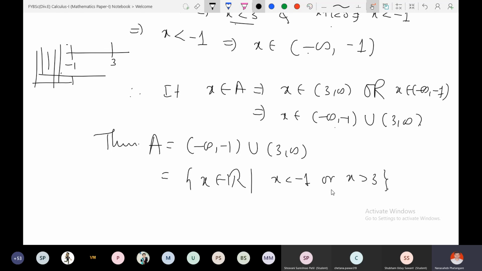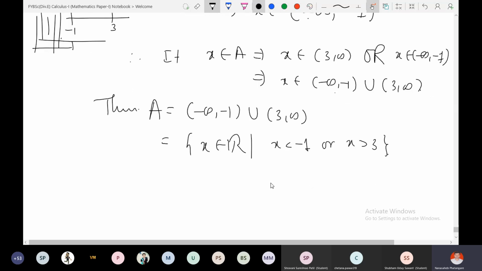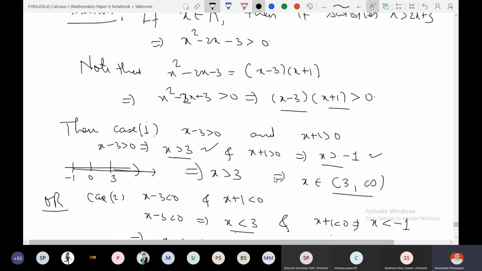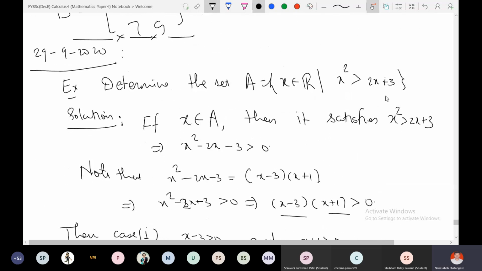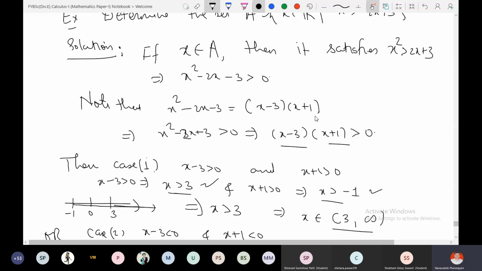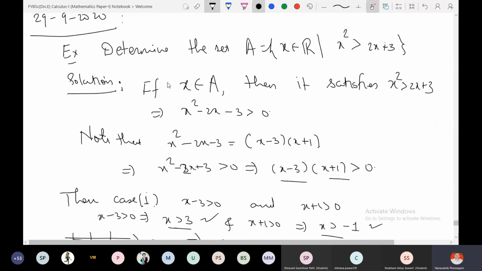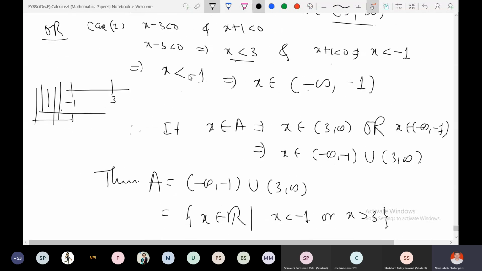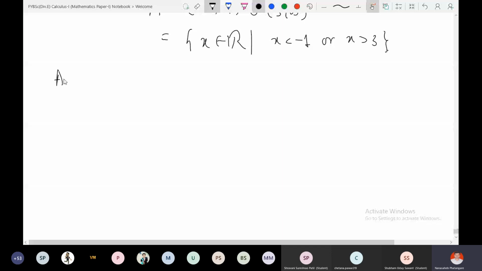So this is another different way to write the set A, right? So this is a set, and therefore what are all the real numbers that satisfy this inequality, right? So this is one way. Alternative, can you tell me the alternative way? So alternatively,